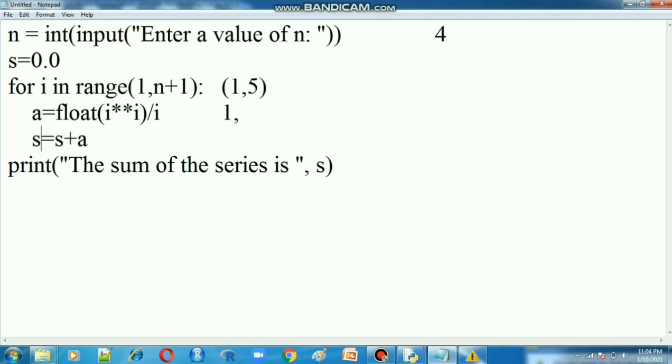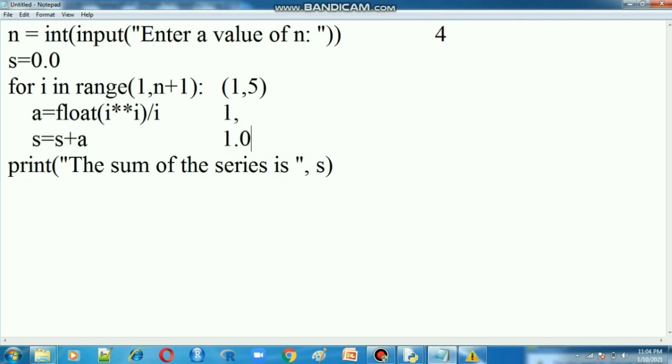Next step, s means sum, already I told you. s equal to s plus a. s value is already 0.0. 0.0 plus a value, a value is 1. 0.0 plus 1, what is the result of this s, 1.0.